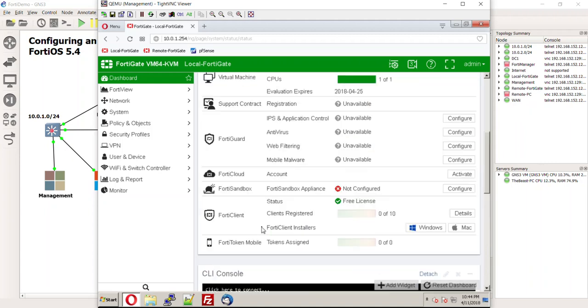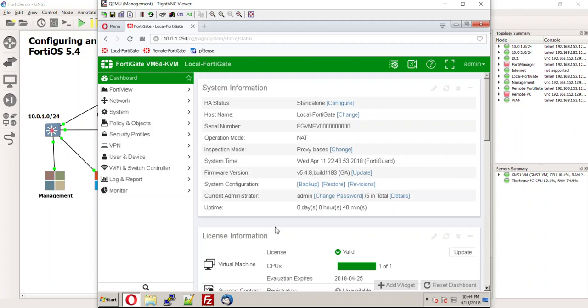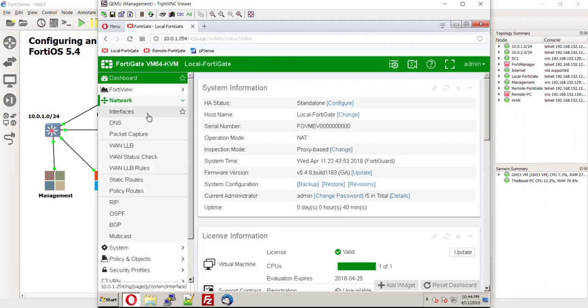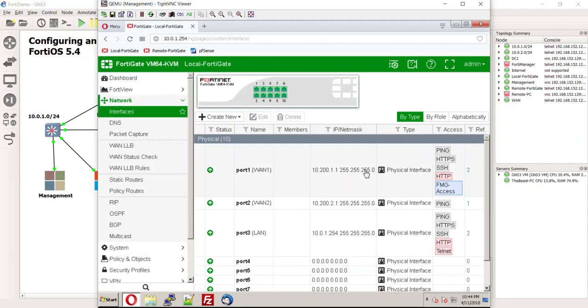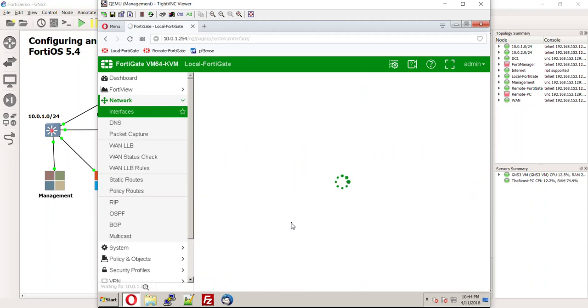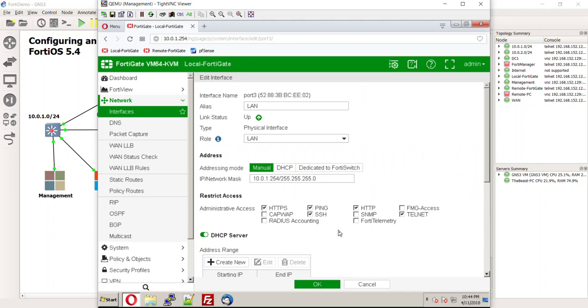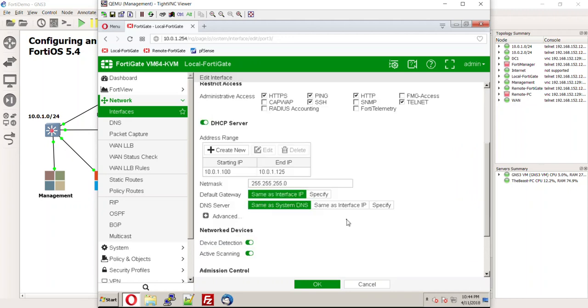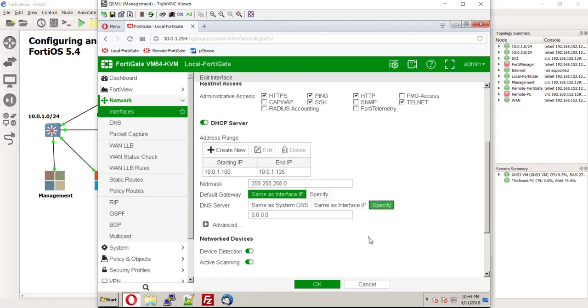So the first thing you guys are going to want to do is make sure that when it's passing out the DHCP, it's using the domain controller as the DNS server. So let's go ahead and fix that. Let's go to network, let's go to interfaces. I love how snappy everything is now that I killed that Windows machine. Let's go to our LAN interface and play around with that DHCP server. Let's scroll down a bit. Right here where it says DNS server, we're going to say specify, and we are going to use